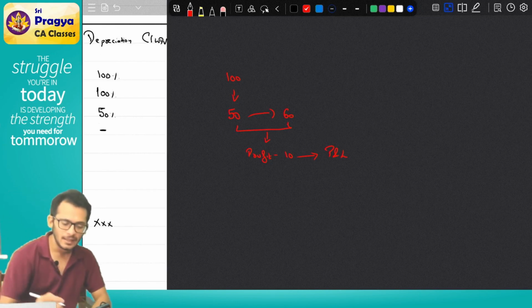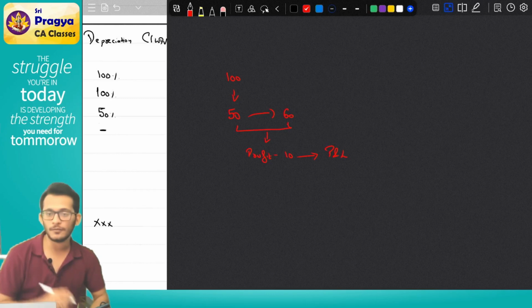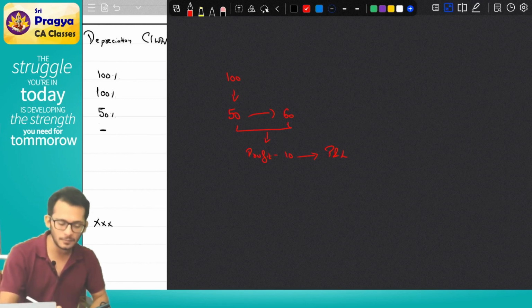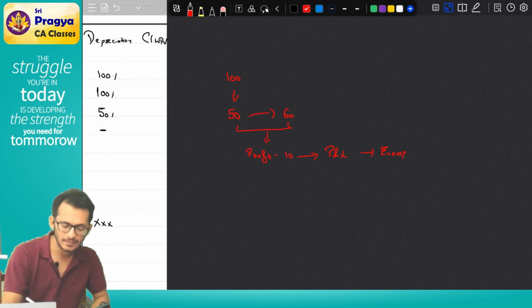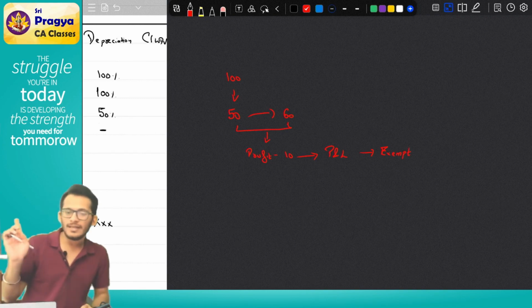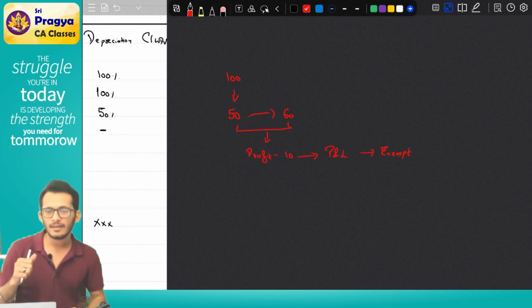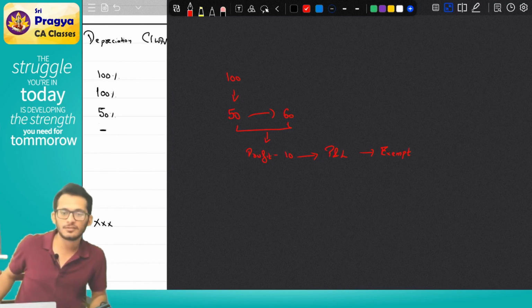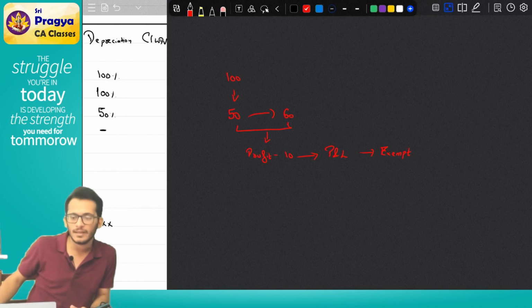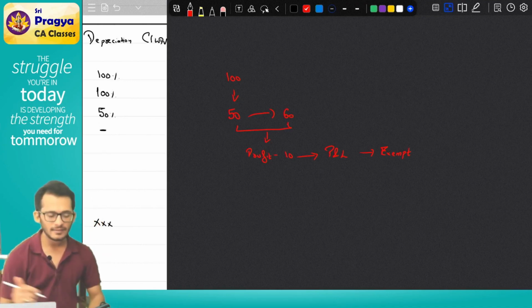So what will happen? Income tax will come and say, boss, this is a capital profit. I will say this is a capital profit, therefore exempt from tax. Yes or no? Now, if I tell this is exempt from tax, income tax has lost money of the 10 rupees or not lost money? It has lost money. Therefore, what I am telling is, boss, rather than